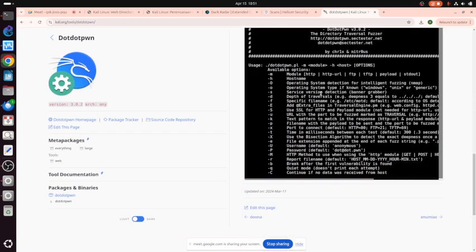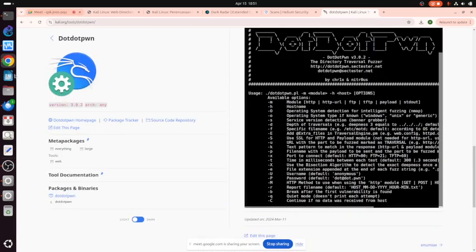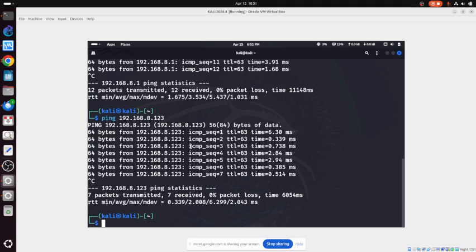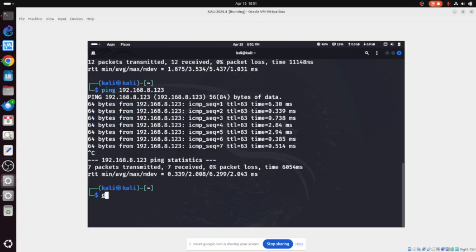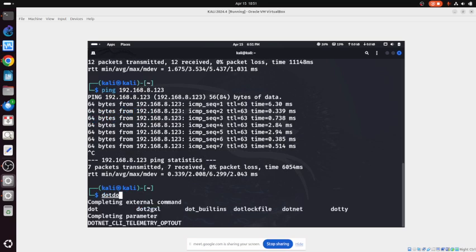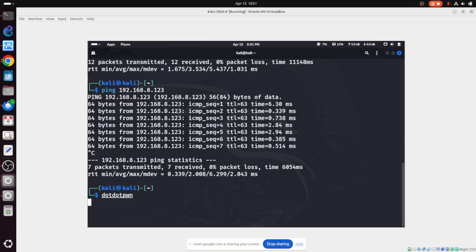We need to set the host and options here. Let me see if I have dotdotpwn here. Nope, this particular tool is not available.